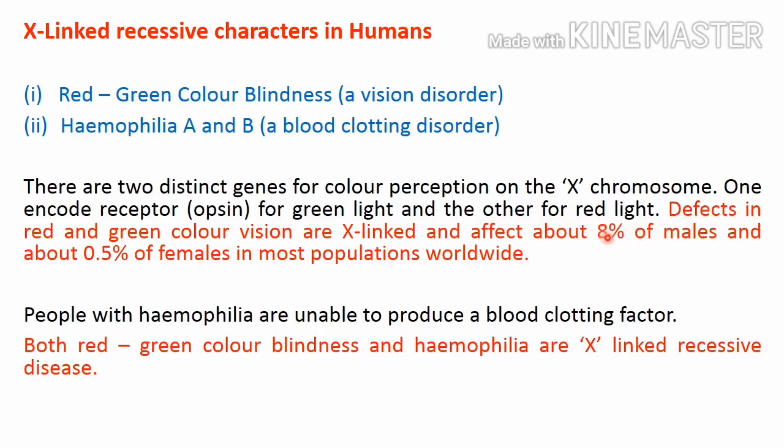a male has only one X chromosome, whereas females have two X chromosomes, and if one X chromosome has a mutated gene but the other X chromosome is normal, then that female is heterozygous for the mutated allele, and the normal allele will express its normal phenotype, so the female will be a carrier for that gene, but she will be normal in her life. So this type of disease is generally expressed by males, because a male has only one X chromosome and he is hemizygous.